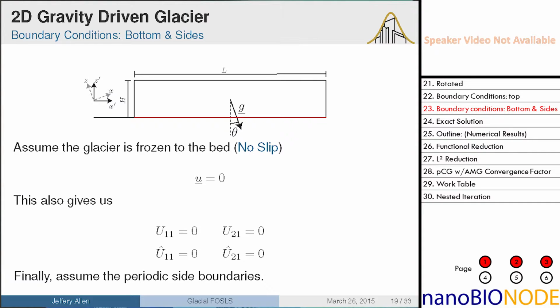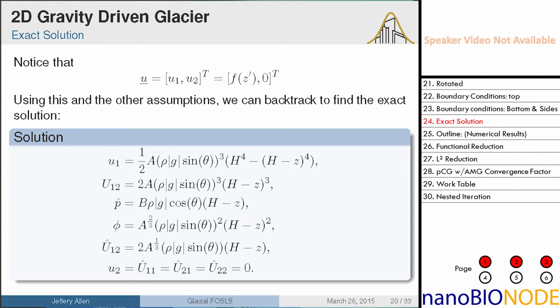And then finally, as I said before, we're using an infinitely long glacier, so we just assume periodic boundary conditions on the side. With all of these assumptions and the nice periodicity of our domain, it's easy to see that the velocity vector will be only one component, and it will only depend on z. We can then backtrack what the actual solution is, and there it is,